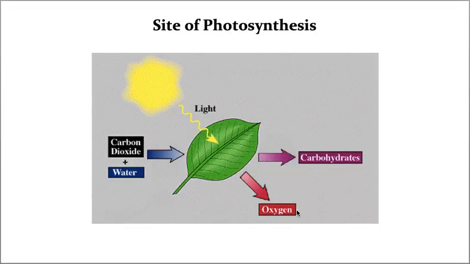In today's class, as I told in the last class also, the leaf is called the kitchen of the plant. I discussed these points in the last class too. But today, what I wanted to explain is where exactly in this leaf the photosynthesis mechanism takes place. So that is all for today's class. Now let us take all the details in a very easy way. I'll try to explain it to you.